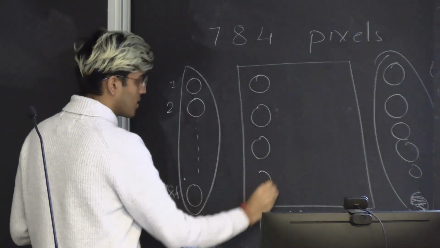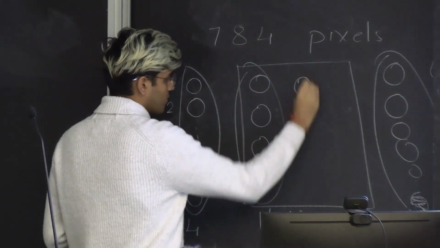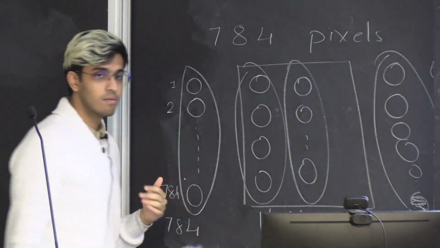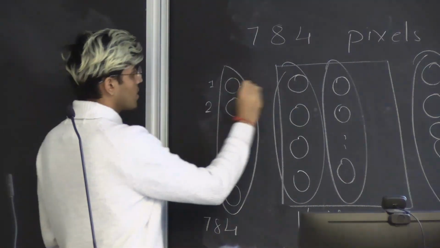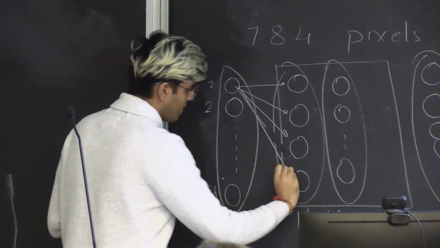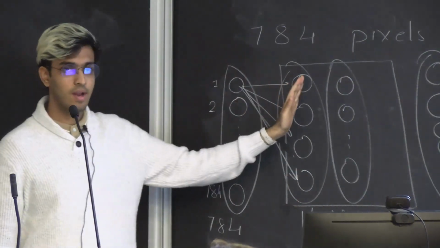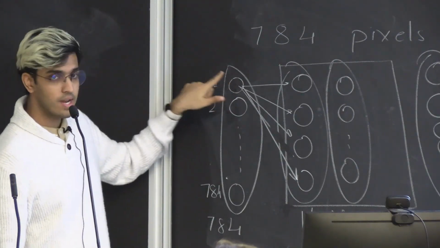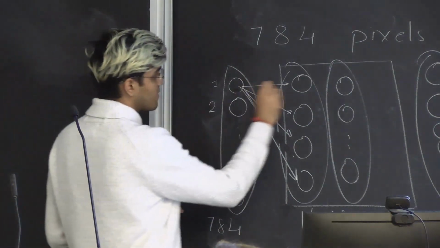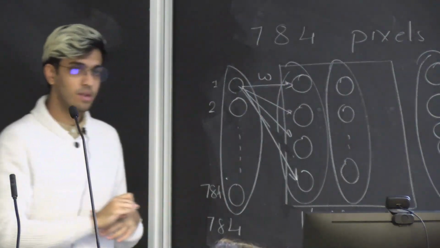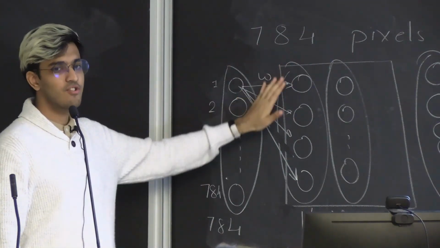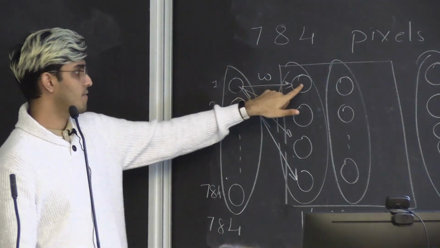You have a bunch of these hidden layers, and of course the number of units in each of these layers is not necessarily the same, but the one defining characteristic is that you have these edges that go from one layer to the next, and each unit in this layer will be connected to every unit in the next. And this edge will have some weight associated with it.